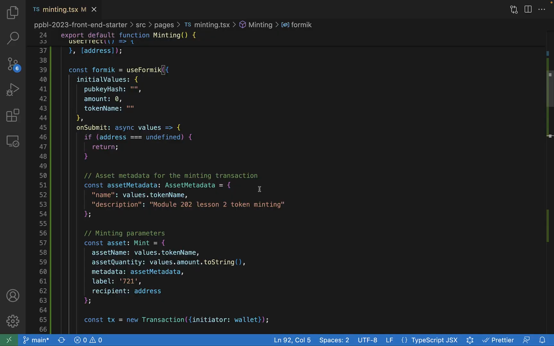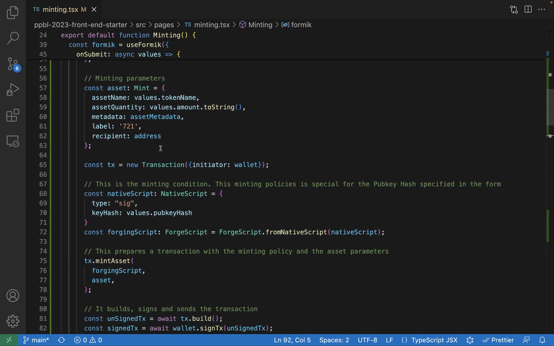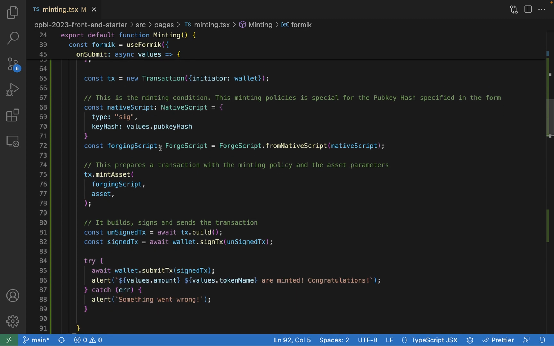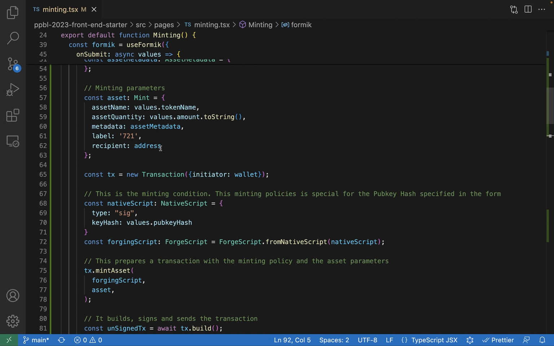You'll probably have some questions about some of the logic you see here in the minting.tsx file. Try to read through this line by line and see what questions you have about how this works. In the lessons and modules to come, we're going to practice more building different kinds of transactions in a front end. I hope that this lesson has given you something to be curious about and that you'll bring your questions